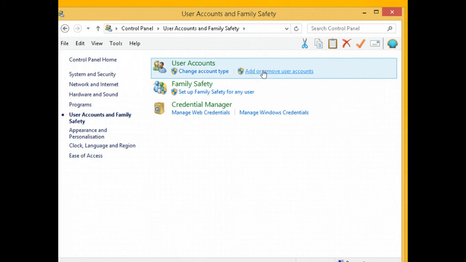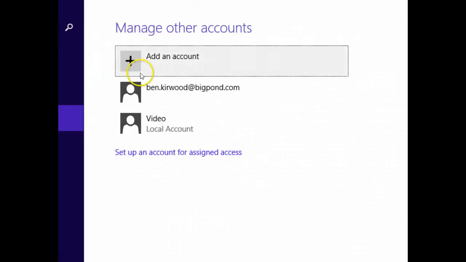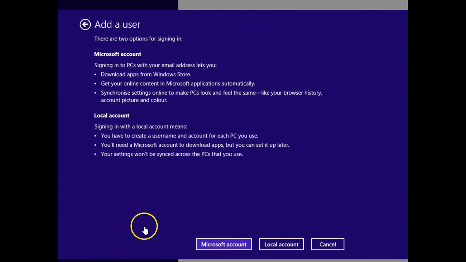And now we have the option to add or remove user accounts, and we want to add a child account, so we click on add account, and now we click on add new user. Click on the add an account option. Now we want this to be a local account, so click sign in without a Microsoft account. Click on local account,